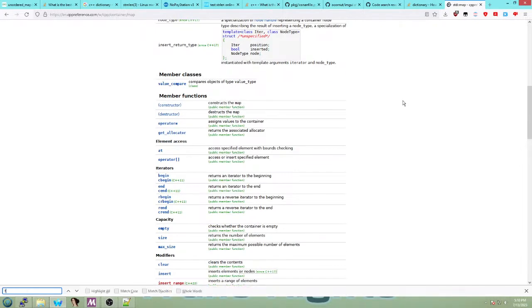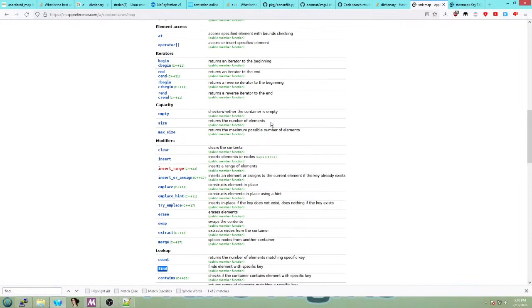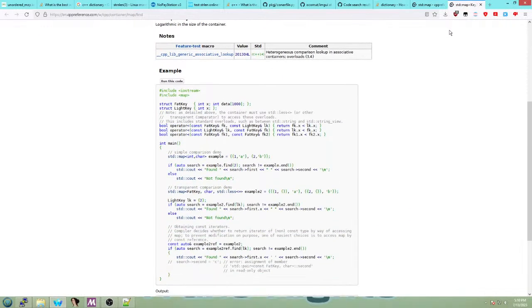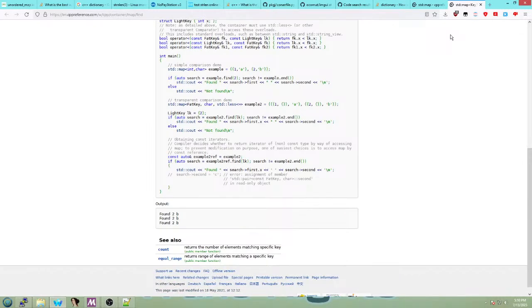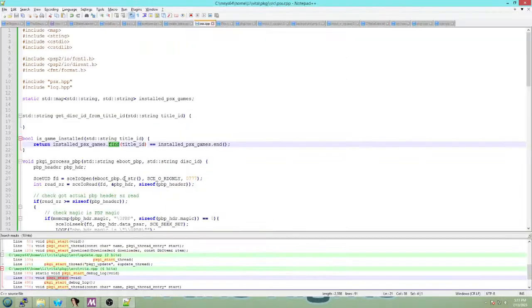What does find return? It returns look up. This is access the specified element. And what does std::map find return? What's the return value, is it like the string, or what? Iterator to an element. So it returns like an integer. And then I think it uses at to find it. So yeah, int